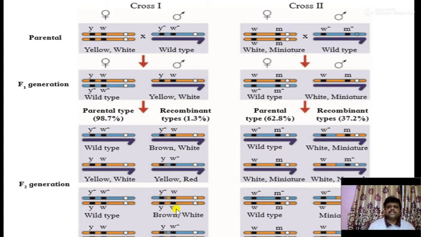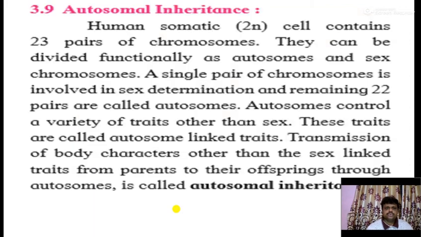So this was simply regarding Morgan's experiment of linkage and crossing over. Okay, let us move towards one more point, that is autosomal inheritance. As I said earlier, there are two types of chromosomes found in human beings: autosomes and sex chromosomes. Out of 46 chromosomes, means 23 pairs of chromosomes, 22 pairs are autosomes and one pair is sex chromosomes. So there are two sex chromosomes, whether XX or XY, and 22 pairs of chromosomes